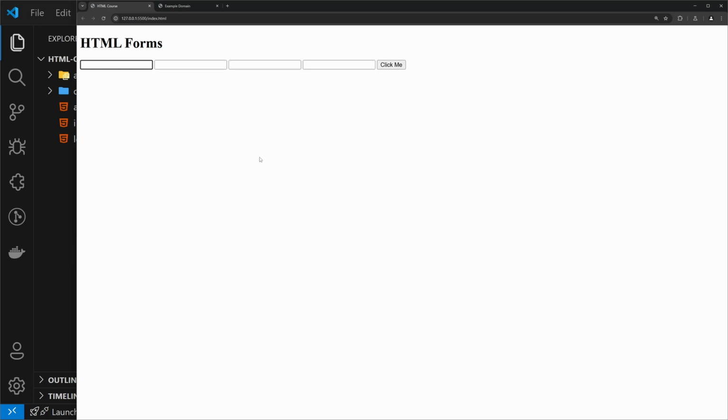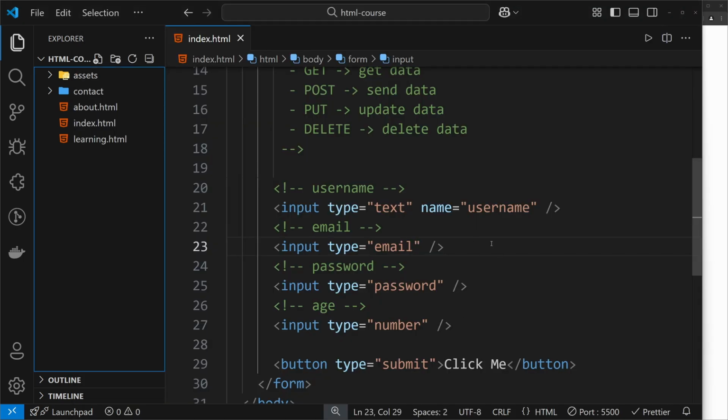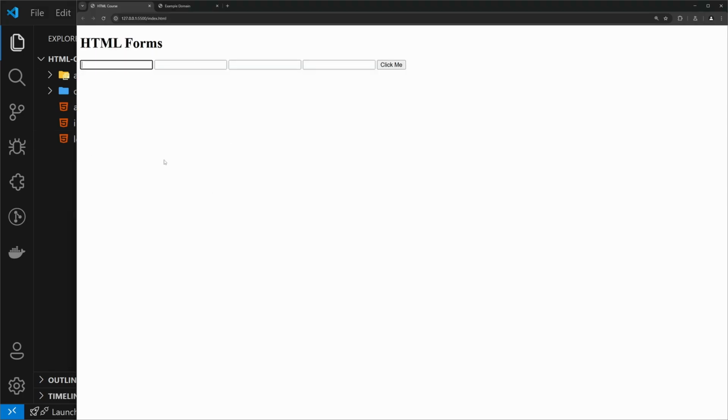If we want to denote inside of the UI what this input is for, we will definitely be learning about that, most probably in the next video. But for this video, I have put this name attribute inside of this first input, and it is called username. This is the first input, and I will enter something like Indro 777. Now if I click on this,